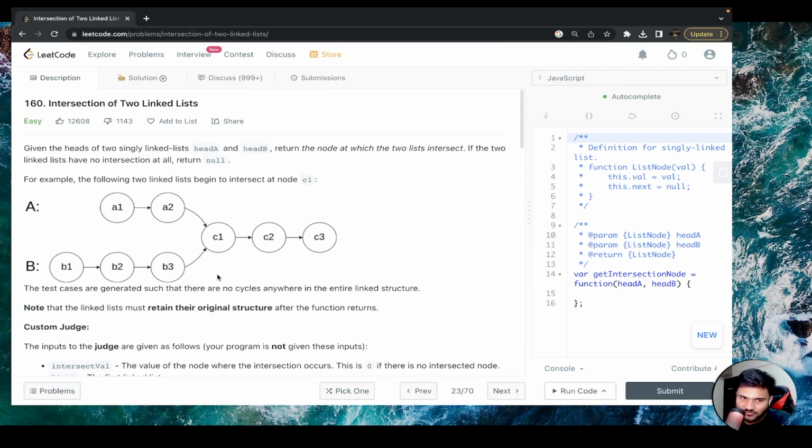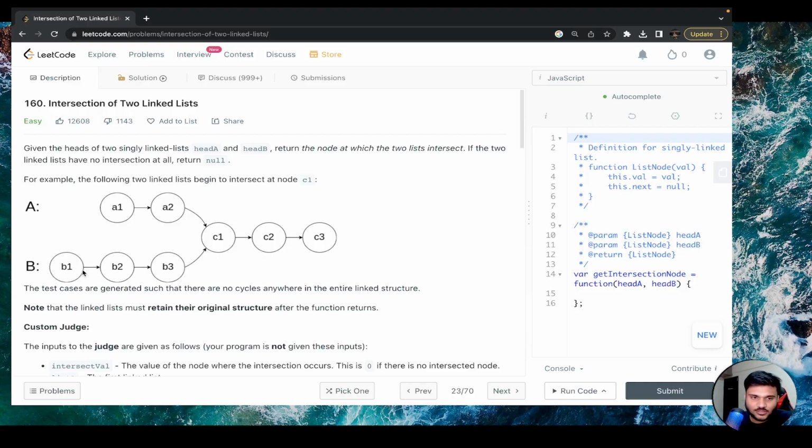That's a very simple question to solve, and I believe you might be getting some intuition already. There can be a difference between the lengths of the two lists. For example, this list is of length 5, this list is of length 6. Starting from head A, traverse the list and get the length. From A1 you go to A2, C1, C2, C3, and you get the length as 5. Then starting from head B, iterate over the linked list: B1, B2, B3, C1, C2, C3, you will get the length as 6. Now, what is the difference between the two lengths? 6 minus 5, 1. So one list is bigger, one list is smaller, and the bigger list is bigger by 1.